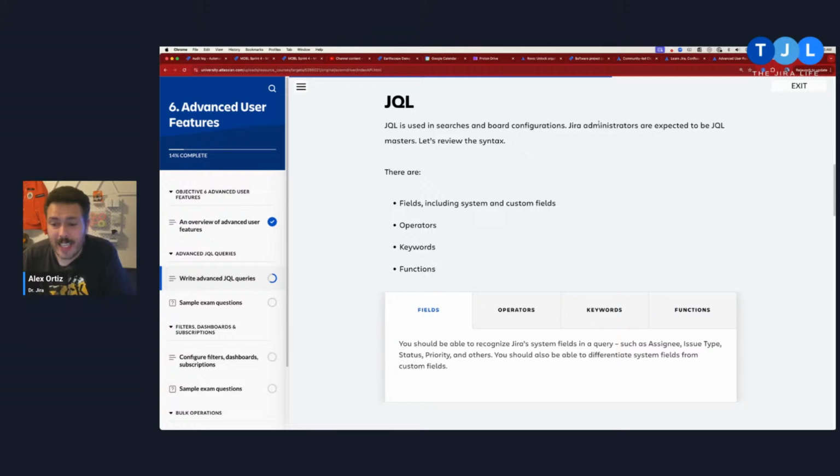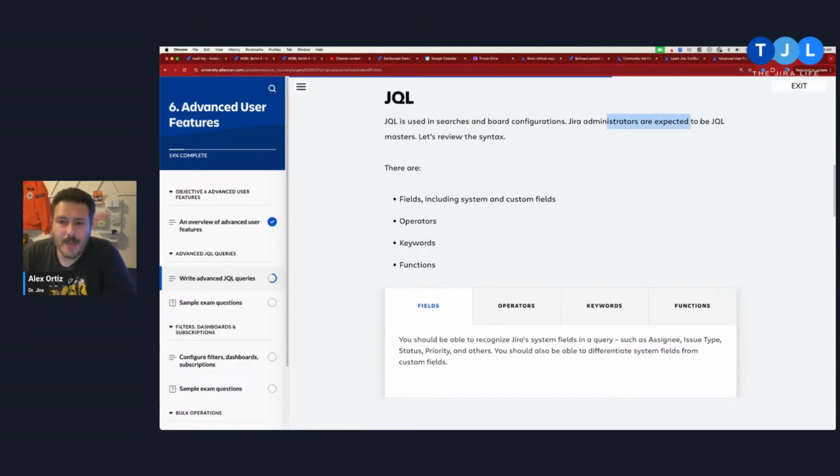If you have Jira data, anything that you put in an issue, any field, like the summary, the description, or any custom fields that you have, there's data in the tickets, there's data in the issues, and you want to get that data. You can usually get that data because you're searching for it, and you're searching for it in JQL. Also, every board has a filter by default, and you can tweak that filter to find or remove certain issues from your board. So as a Jira admin, you're expected to be a JQL master.